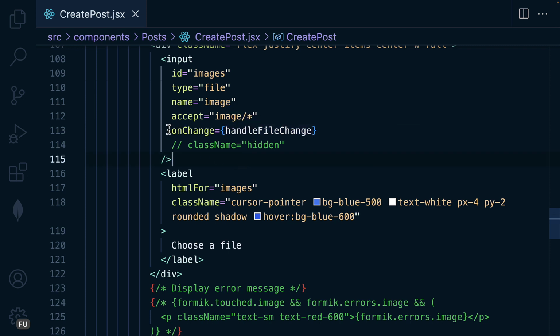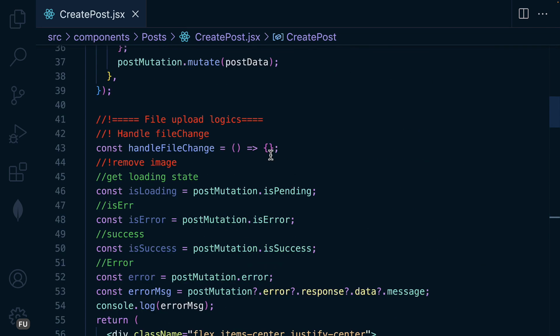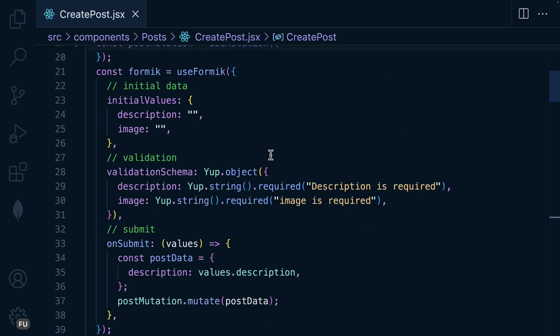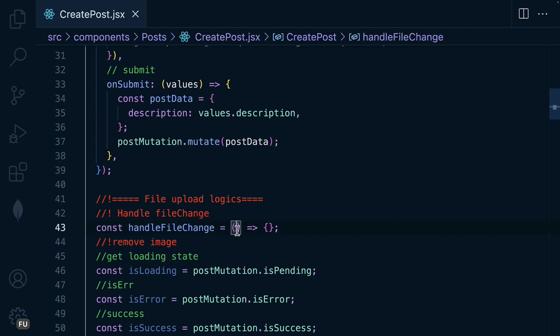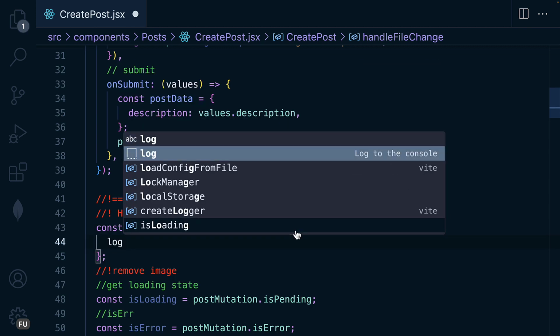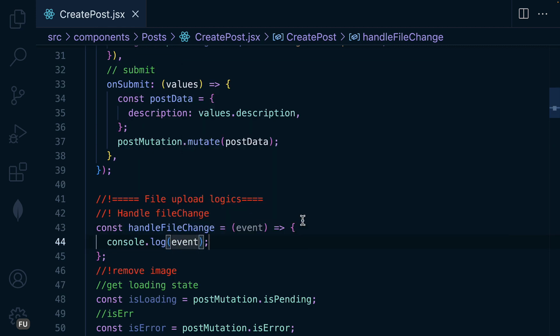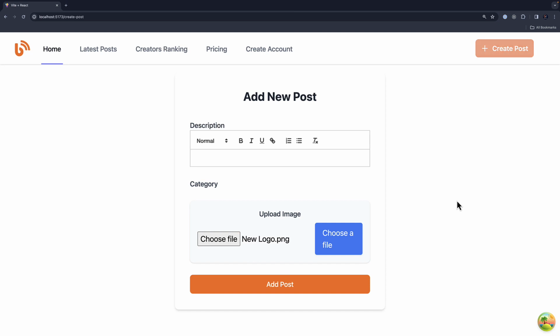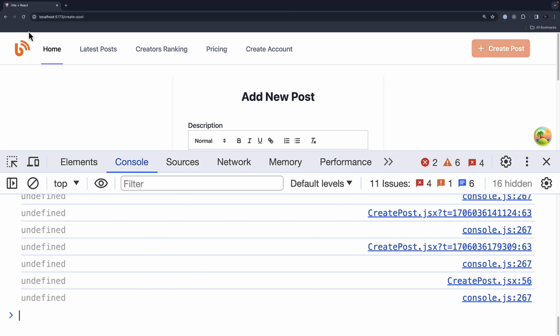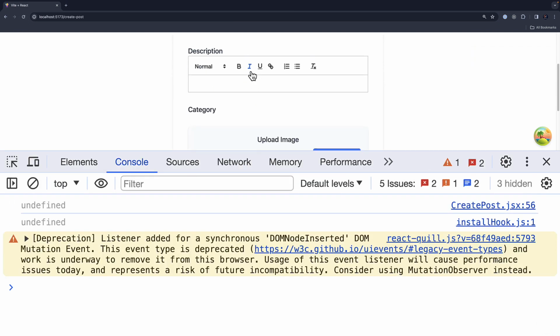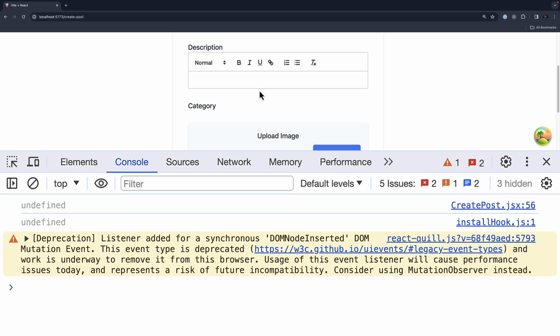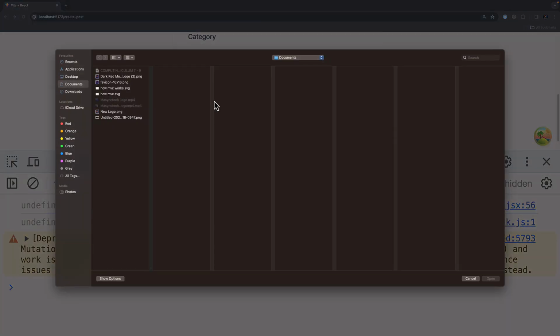So we have the properties about the image inside this handle file change as what is called event. So here we have access to the event, and then we are going to log the event over here as event. So if I open the console and let me refresh it, and don't worry about this warning, and if I choose an image,